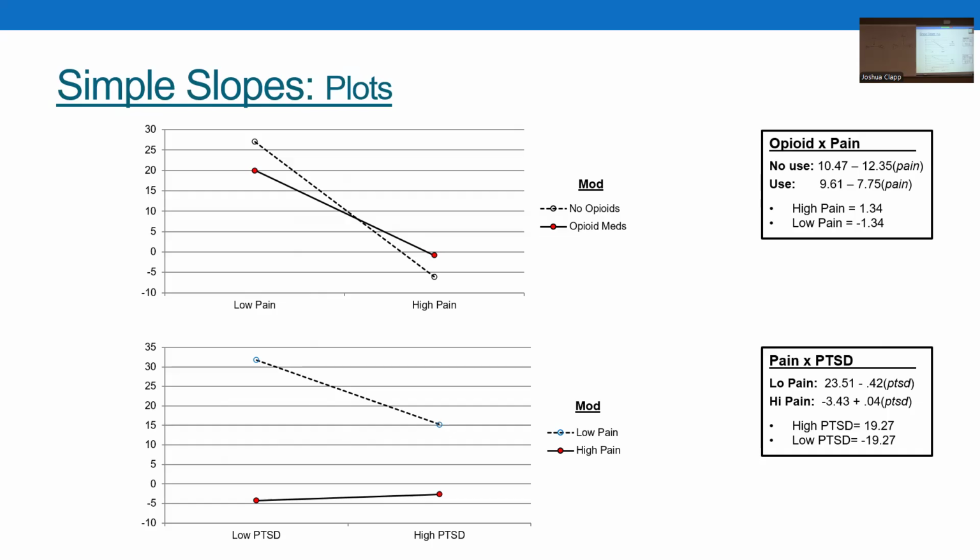So Catherine, what about this? Here we're looking at the conditional effect of PTSD on functioning at high and low levels of pain. What are we seeing here? Low levels of pain, it's a stronger association, and also a little bit of a different direction. If I'm looking at this, I'm saying that there's a stronger association of PTSD and functioning for people who are experiencing low levels of pain, where as PTSD increases,